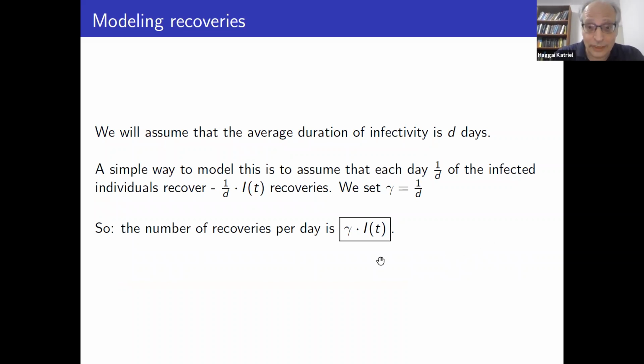And for recoveries, we do a very problematic thing. We assume in this model that the chance of recovery is the same every day for an infected person. So it's just a constant. The number of recoveries is just a constant times the number of infected people. This constant is 1 over the average length of the infectious period. This constant probability assumption is not that realistic, but that's this model.